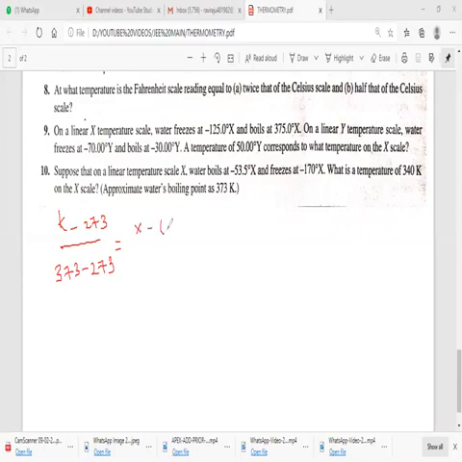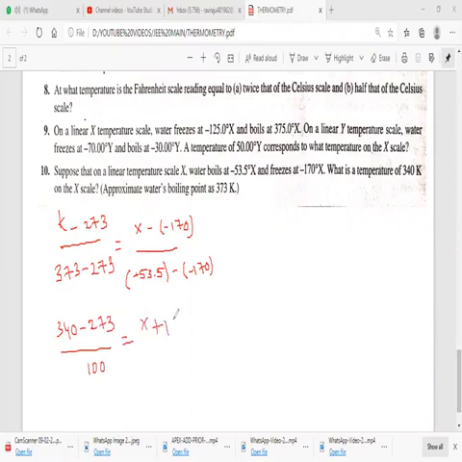X minus the lower temperature, given previously as minus 170, by upper fixed point, minus 53.5 minus minus 170. So K is given 340. For 340, they're asking the equivalent value. So this will be 100. That is equal to X plus 170 by. So this value will be